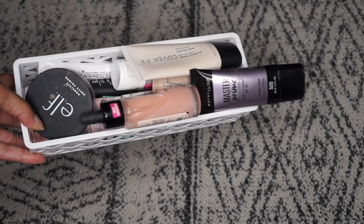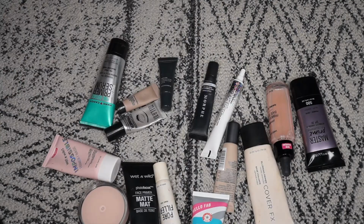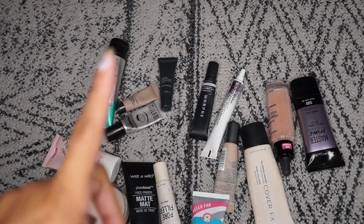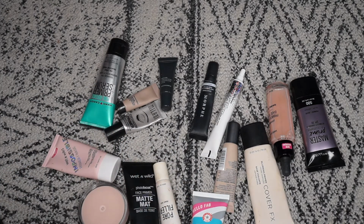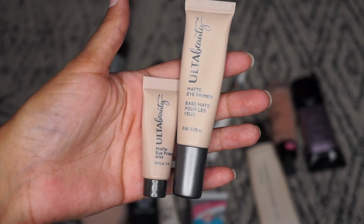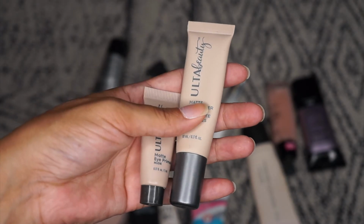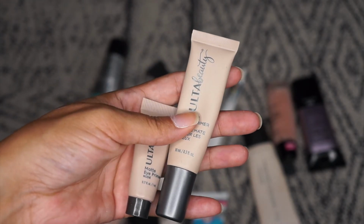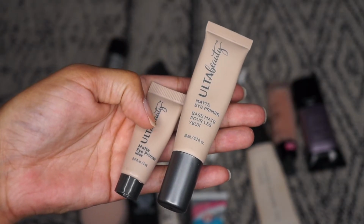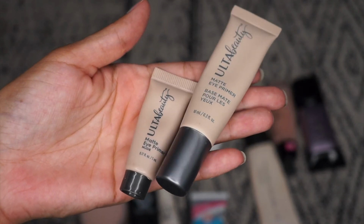Now it's time to go through the primers. I do have face primers and eyeshadow primers, so we'll do eyeshadow primers first and then we'll do the face primers. I do have the Ulta Matte Eye Primer in Nude. If you guys just saw one of my recent videos, I just recently purchased this one, and this is the sample one I mentioned. So I purchased the full size, and these are good eyeshadow primers,